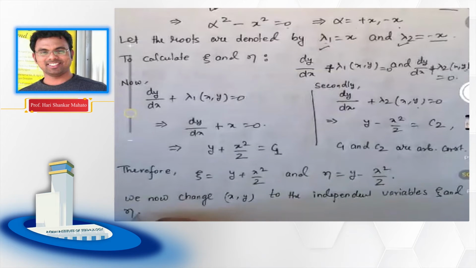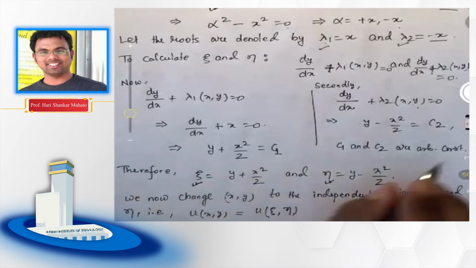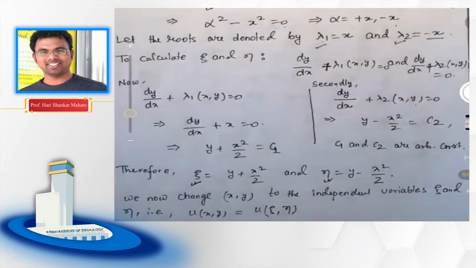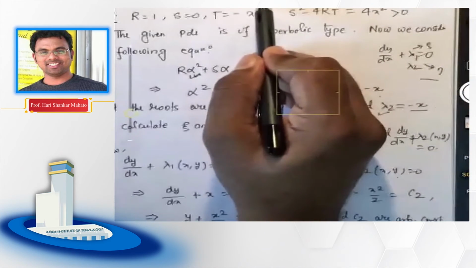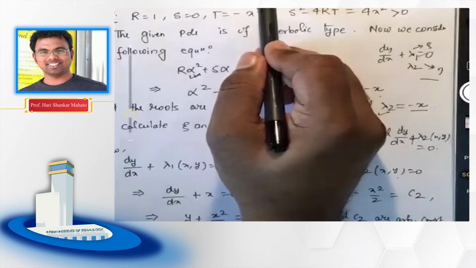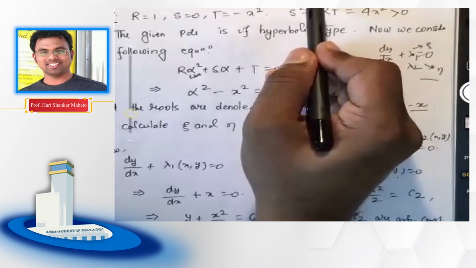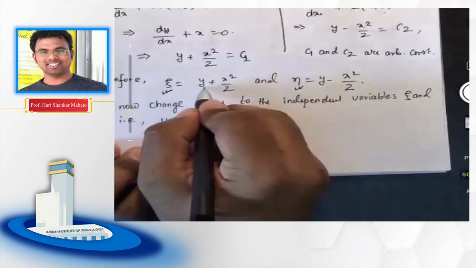All right. So that means our u(x,y) has now been turned into a function u(xi, eta), where xi is a function of x,y and eta is a function of x,y. And one more thing, xi and eta are called the characteristics of your given hyperbolic equation. Now let's look back at the equation. It has the form u_xx minus x square u_yy. That means I need the value of the second order derivative with respect to x, and the value of the second order derivative with respect to y. All right. So I know my xi, I know my eta.